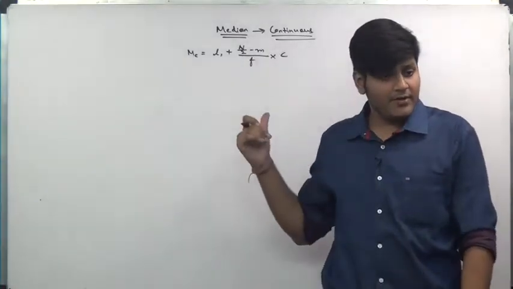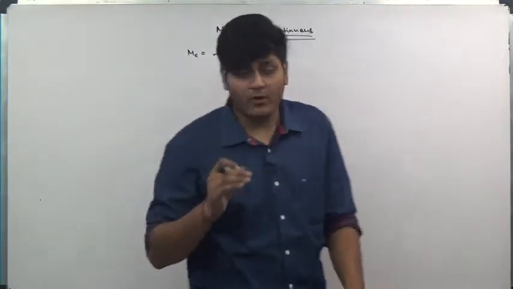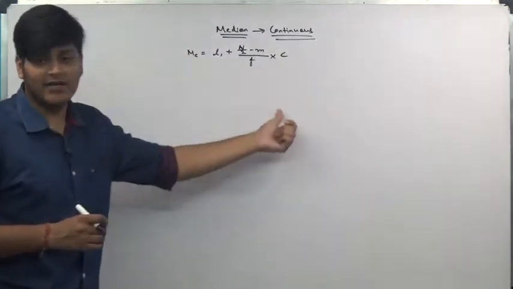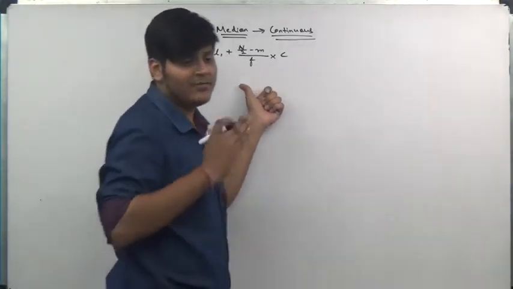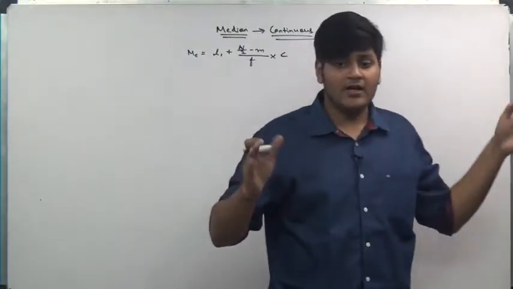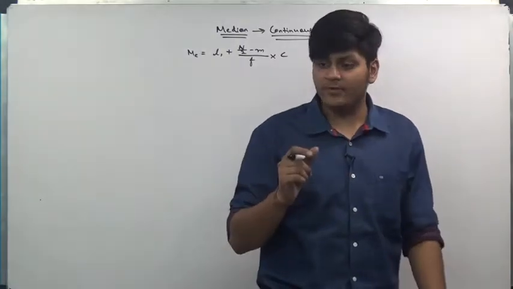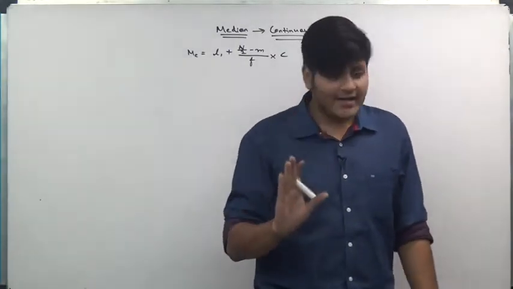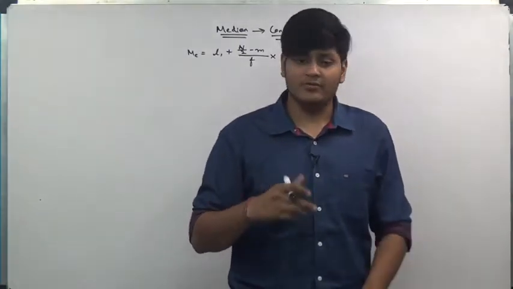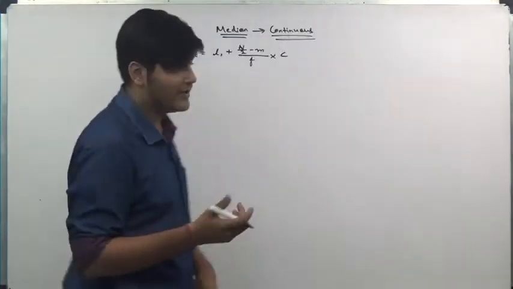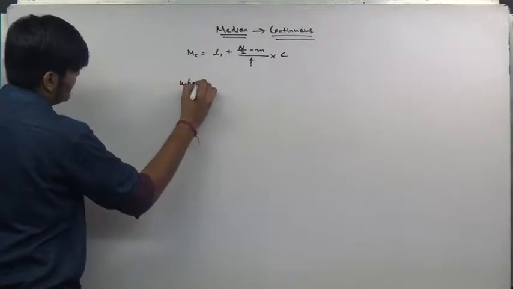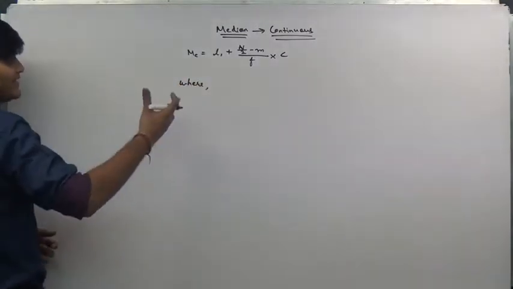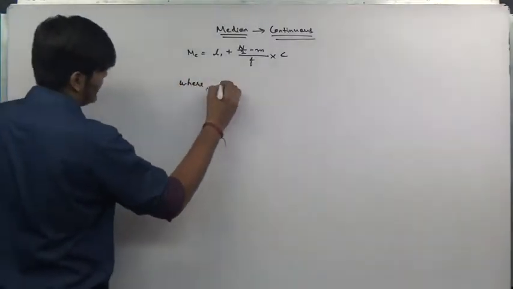Just like I'll be doing now, you also have to mention whatever the full form of each and every variable is in the exam. Because when you are sitting for central exams, each and every person is going to write a different formula. The meaning would be the same, but the alphabets would be different. For not taking a risk, I would recommend that you write down the full forms of whatever variables you have taken. So just below the formula, once during the starting of the sum, you have to write down where L1